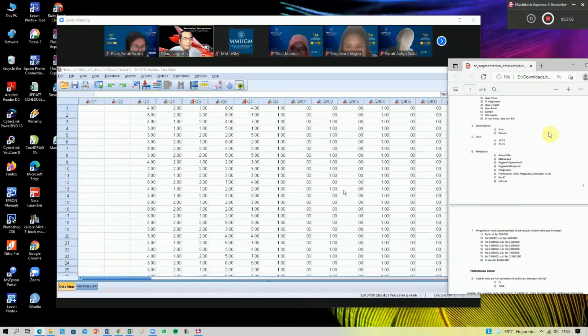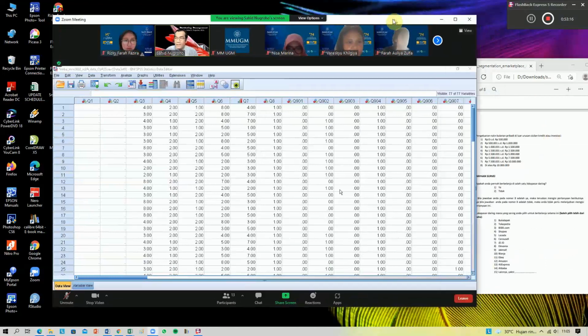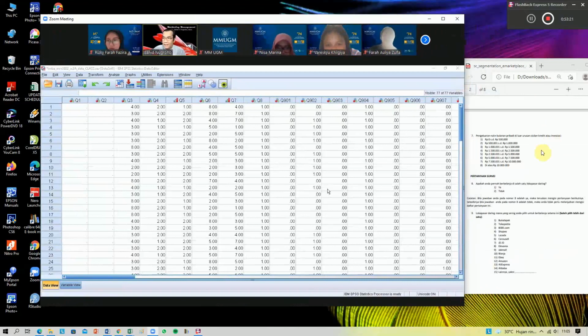Monthly spending, mostly about 2.5 until 5 million. In this position, you can also include the next three groups. So 2.5 until 5 million, 1 until 1.5, 1.5 until 2.5, and then 500 thousand until 1 million. So you include 4. Okay, and then shopping experience. Some of them have no experience.